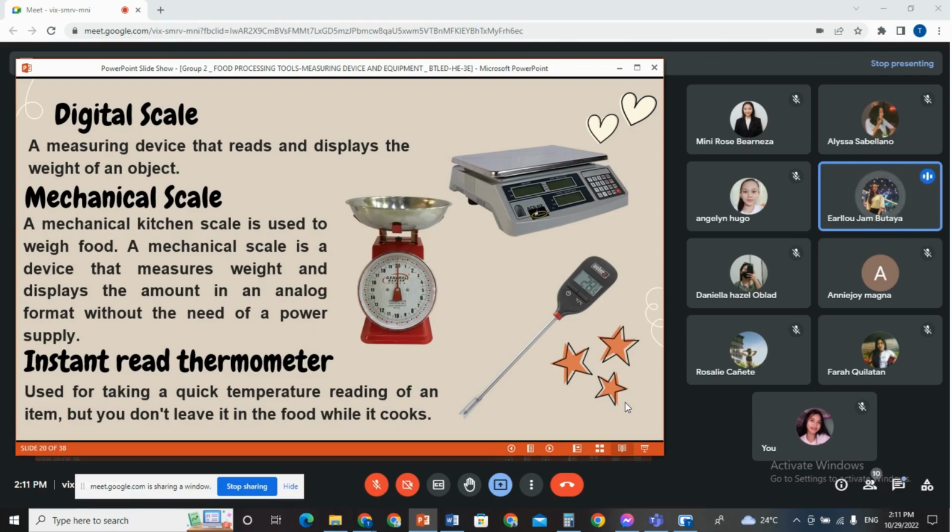Well, actually, an instant read thermometer is ideal for checking the temperatures of liquids. So, for example, stocks or soups. So, making sure they are cooling quickly enough to minimize the growth of bacteria, or for checking the temperatures of hot foods that are being held for service on a buffet. So next is